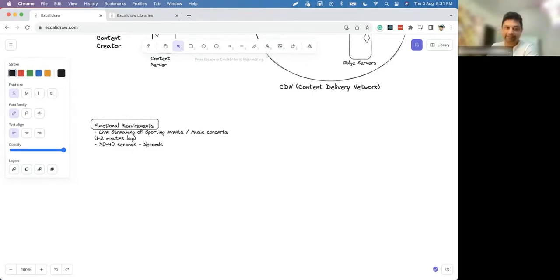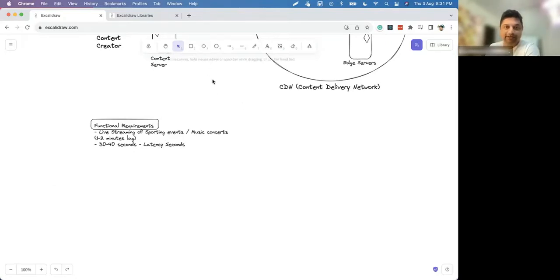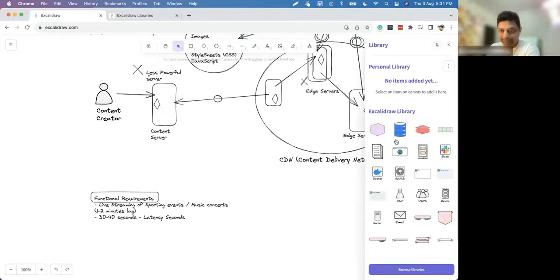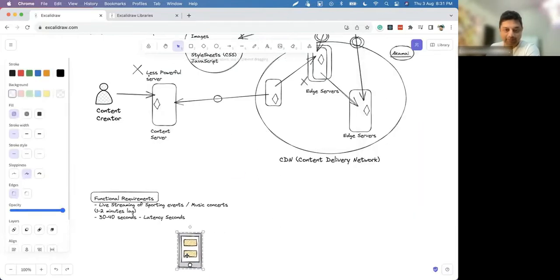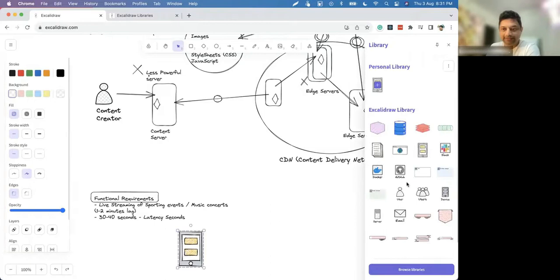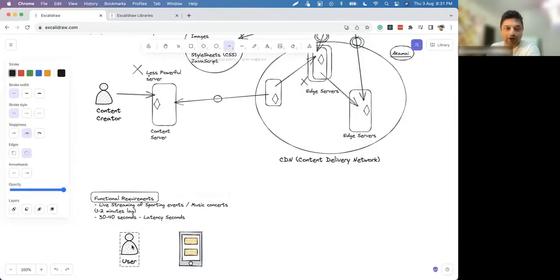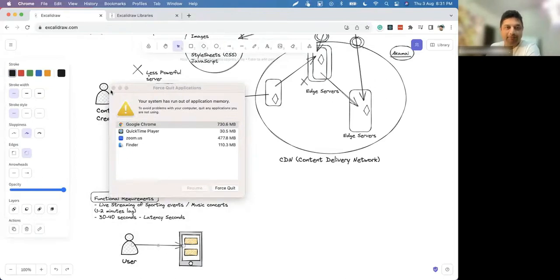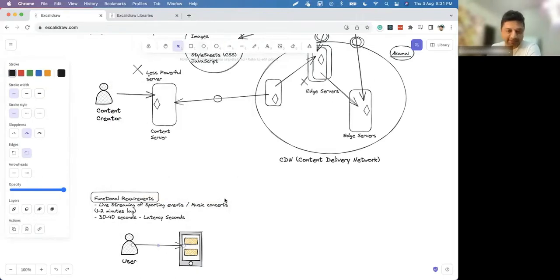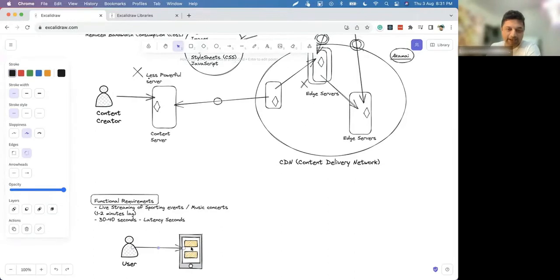Right? So latency, what does it mean? If a user opens an app, let's say a mobile app, this is the mobile, and let's say this is the user. He clicks on the match link; he will assume these are the 2 IPL matches which are happening. He clicks the first one. The video should get started immediately.